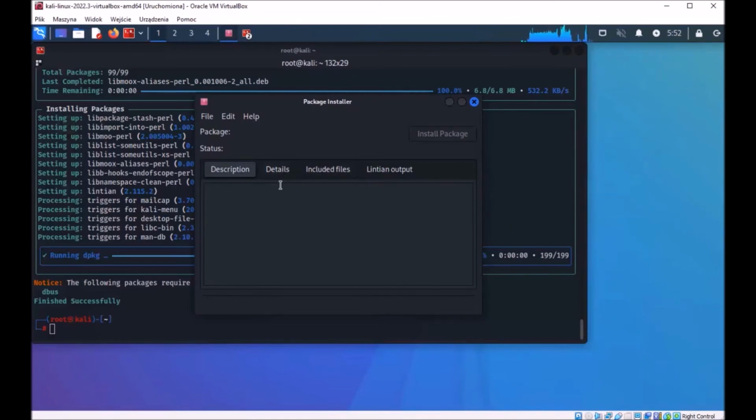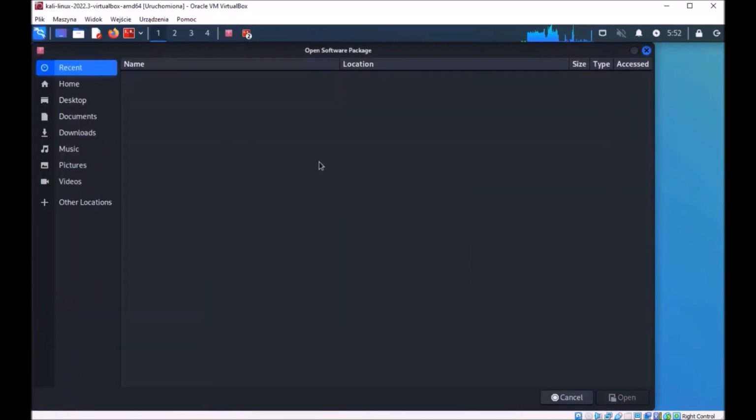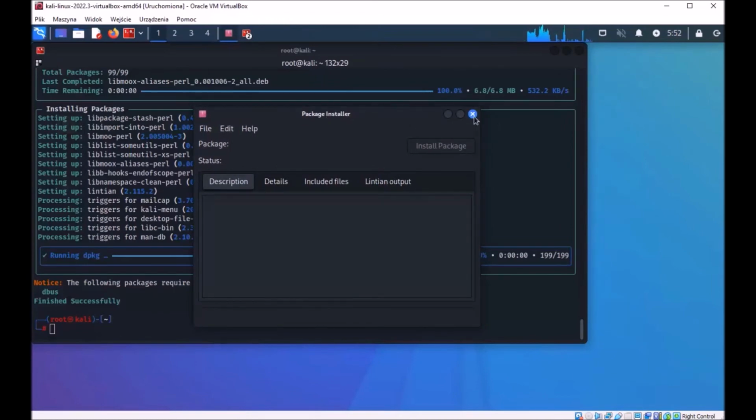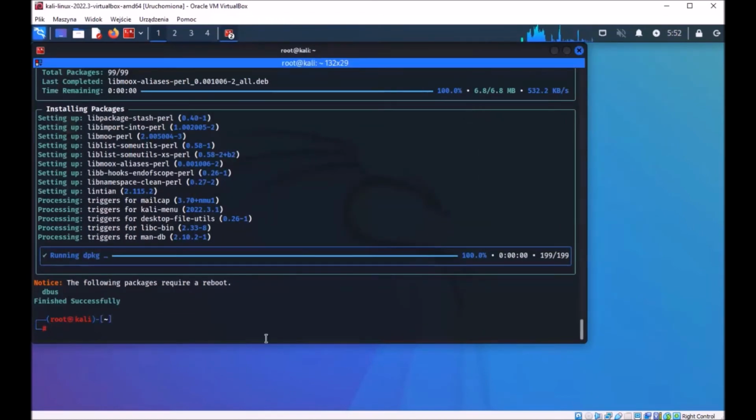GDebi package installer, there we go. If you have any packages that you want to install, you can use this. Quite detailed. It's quite useful as well. Okay,